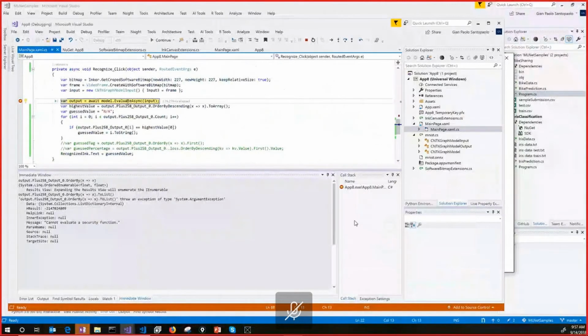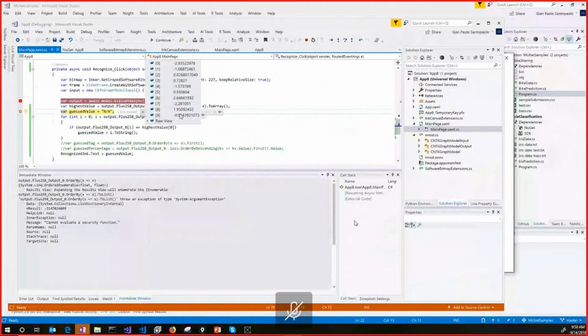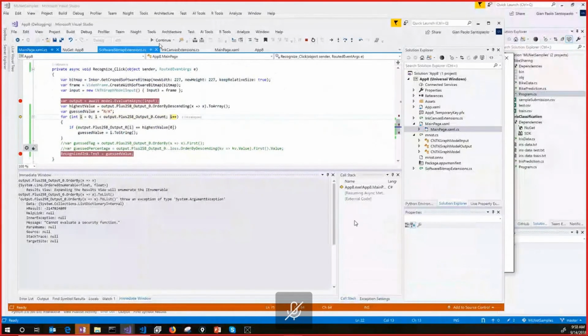When it's evaluated, I get the result. In this case, it's a bit complicated, so I get an array with all the guesses, and I have to understand which is the best guess. I'm just iterating the array and getting the best guess, which in this case is a 6.